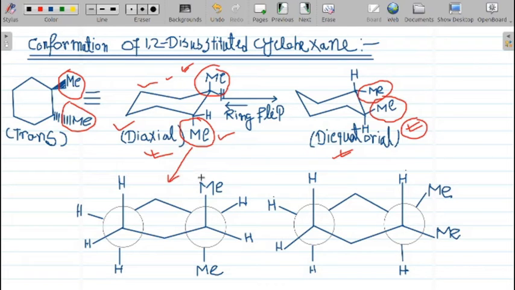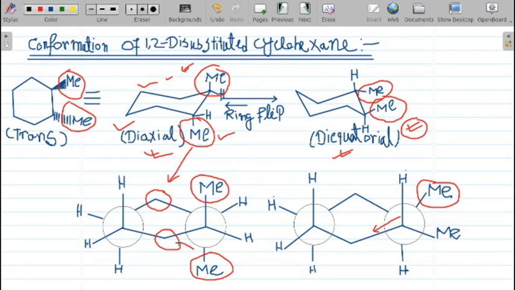Here you can see that there is an interaction between the methyl group and this CH2 group. This methyl group is present anti to this structure. There will be an interaction between this CH2 group and this methyl group,